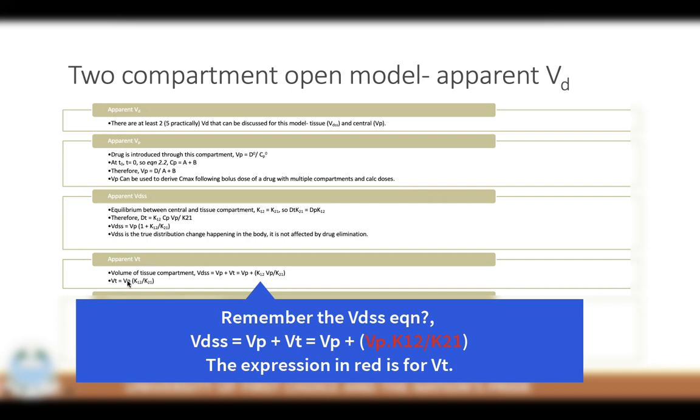Which is the product of the fraction of the distribution rate constant, K12 over K21, times the volume of the central compartment, which is VP. Now, another volume of